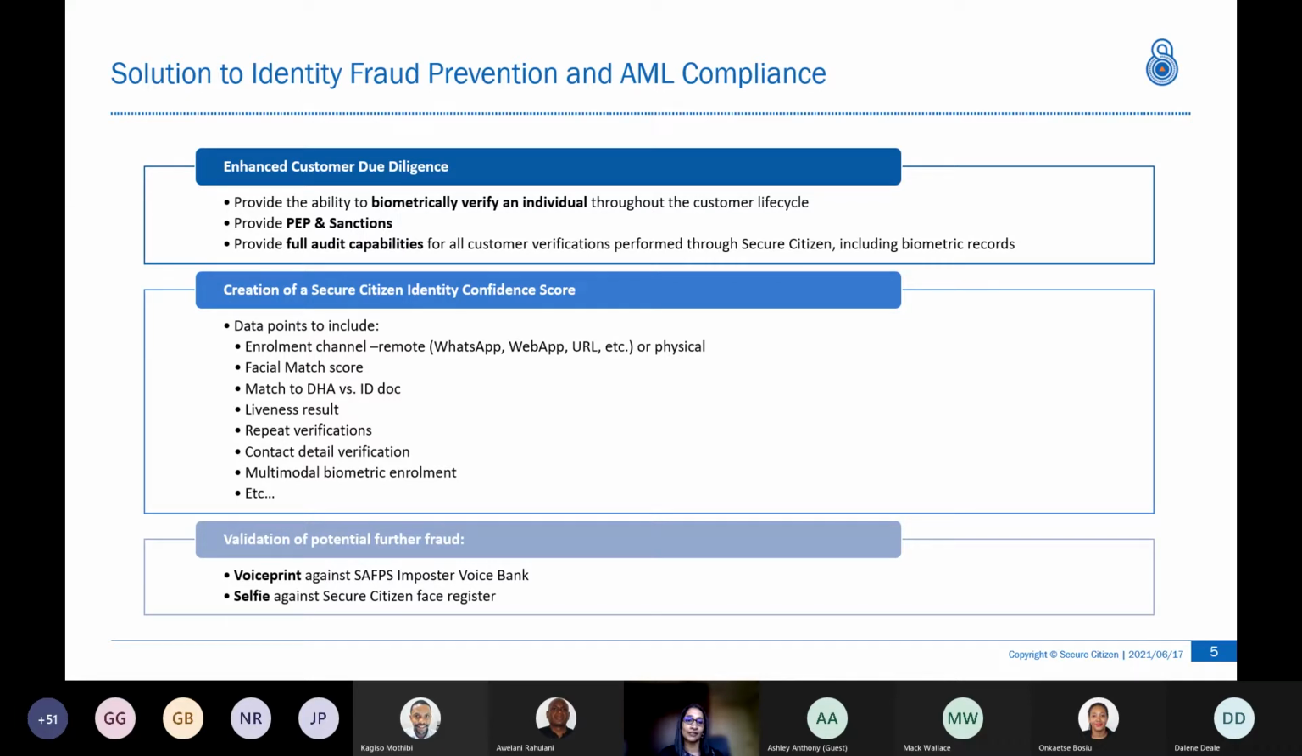We have created a Secure Citizen Identity Confidence Score. There are many data points that we can use in this, which include the enrollment channel, whether it was remote or physical, with physical channels obviously having a higher score than a remote one; a facial matching score, a match to the Department of Home Affairs versus matching to an identity document; whether liveness was performed as part of the matching process; whether repeat verifications have been done on a customer; if the contact details have been verified; and whether we